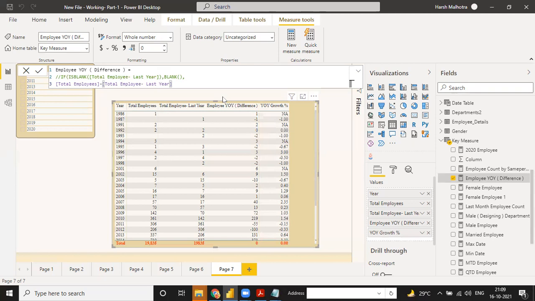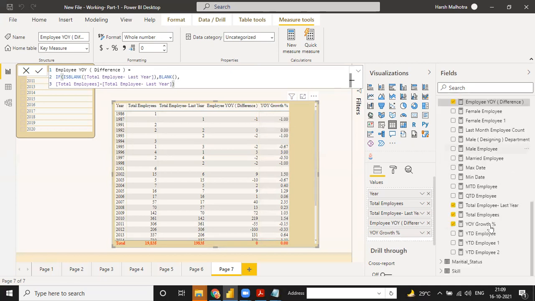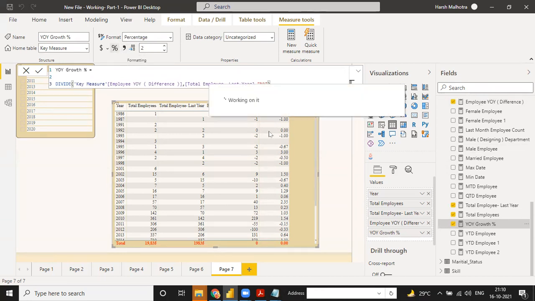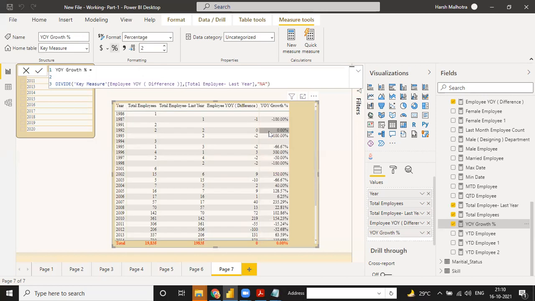NA is not a good result, so that is why I use the if blank function and press enter, and then the NA value is removed from here. Now go to this employee growth, click here on the percentage column, and it will give you the percentage-wise data.